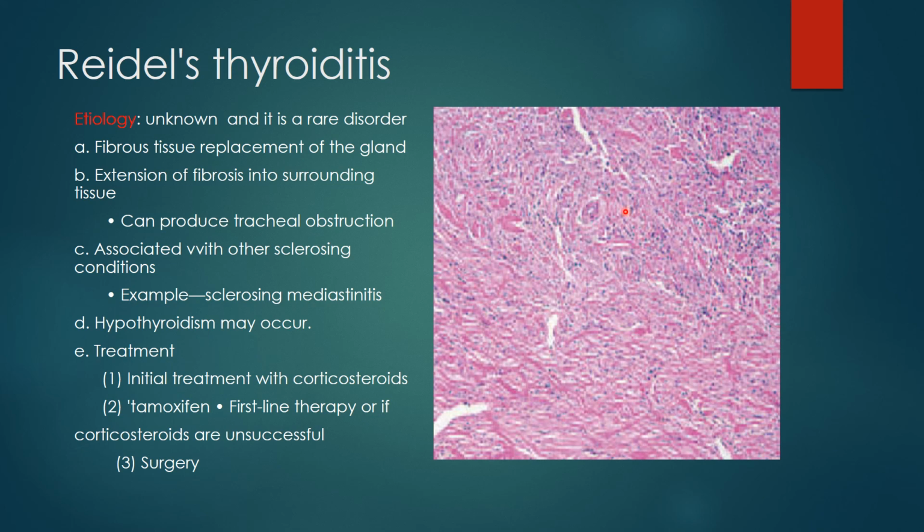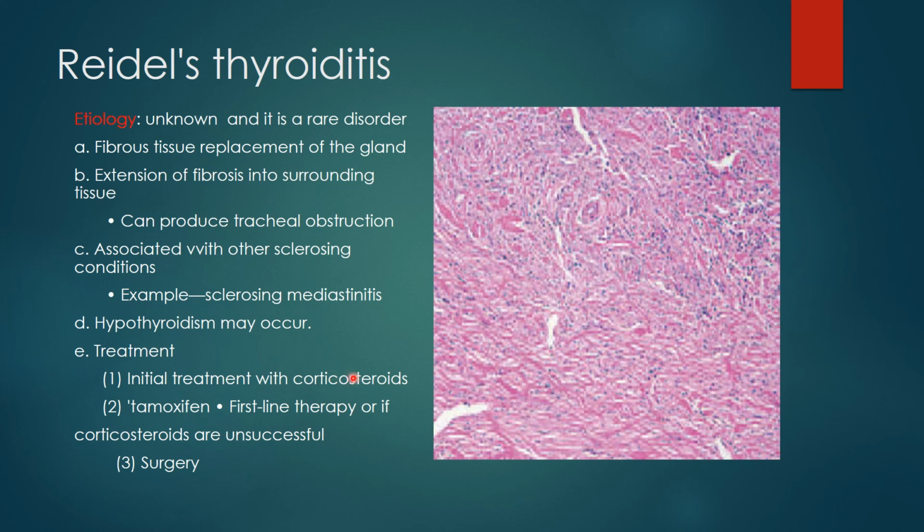It may cause hypothyroidism. When there is no cell left to produce T3, T4, then hypothyroidism occurs. This condition is basically treated by corticosteroids or by tamoxifen, which is the first line therapy,